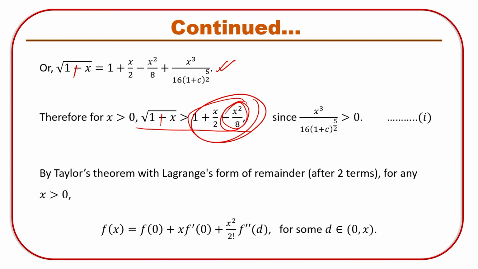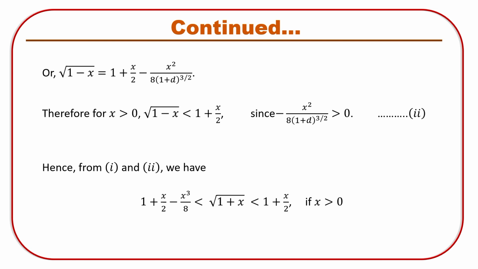And by Taylor's theorem, Lagrange form of the remainder after two terms, for any x greater than 0, we have x square by 2 factorial into the double dash of d. And so, the square root of 1 plus x can be written as 1 plus x by 2 minus x square by 2, and for x greater than 0 this will be less than this because this is the extra term. So, the square root of 1 plus x is less than 1 plus x by 2,